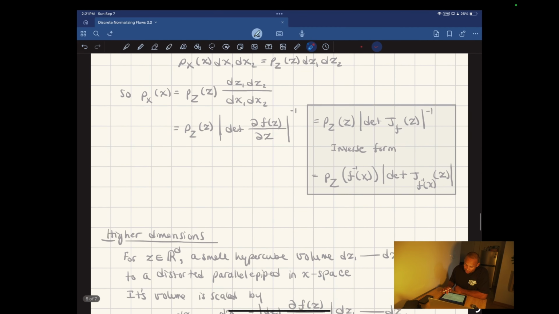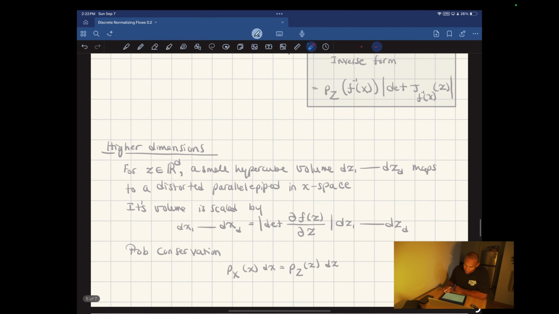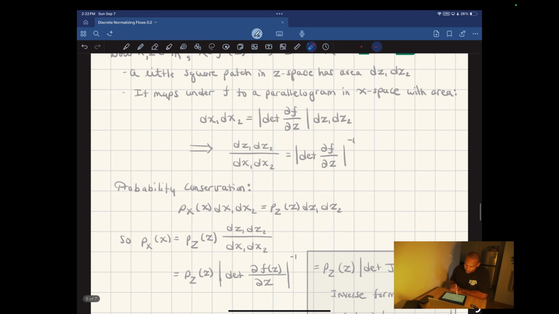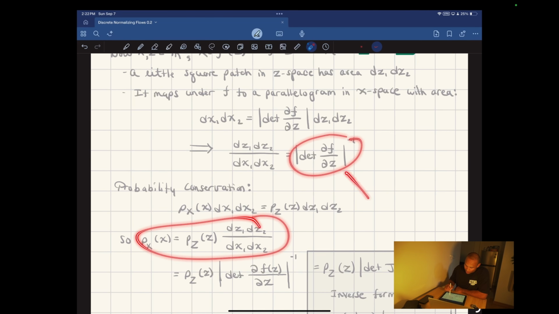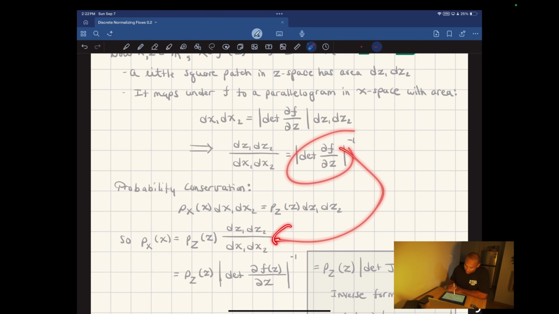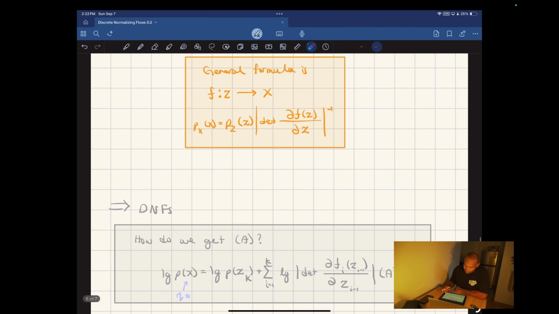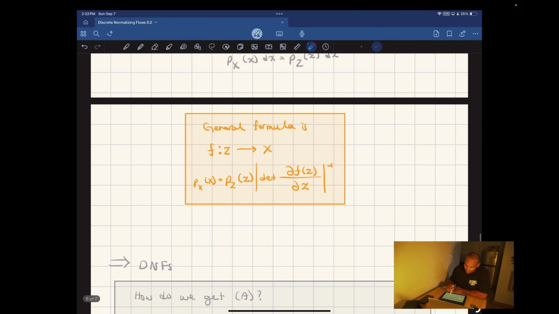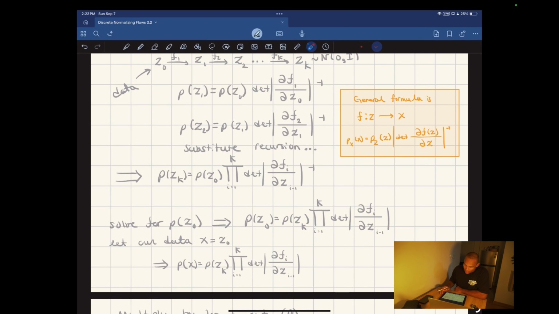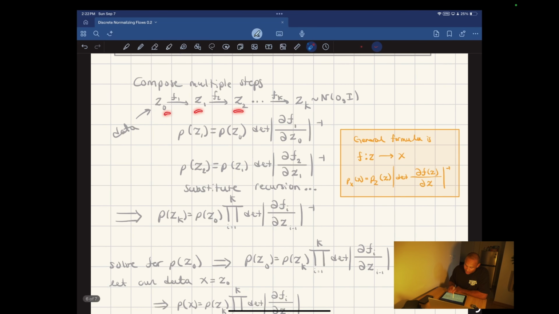And then we use those two facts together, we do some algebra here, and then we swap in this here, and we get this form. And we also know that it extends to higher dimensions, right? So this is our general form. And we just expand out the recursion here. We just define all of these probability density functions of Z1 and Z2 using this general formula. And then I substitute this into here. And then we get this product,